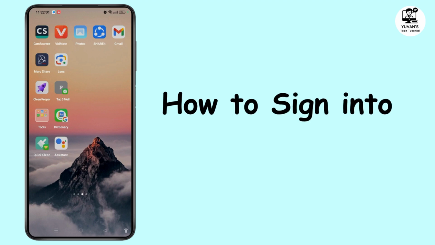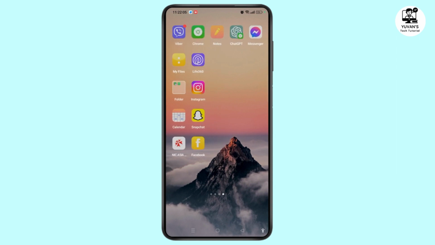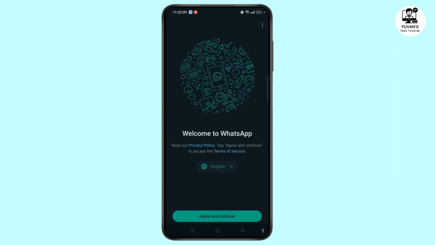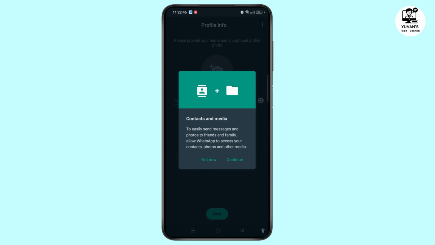Today I will guide you how to sign into your WhatsApp account. For that you need to open the WhatsApp application and here you need to tap on agree and continue. You need to choose your country and enter the phone number of your country. So once you have entered your phone number and verified your phone number, you need to tap on continue so